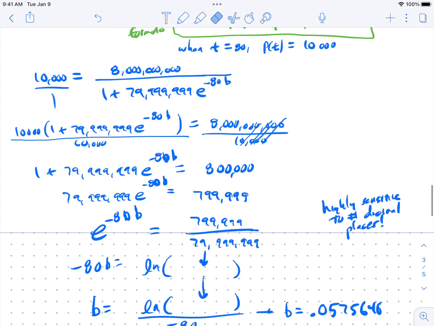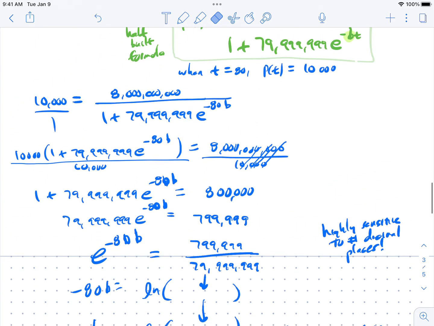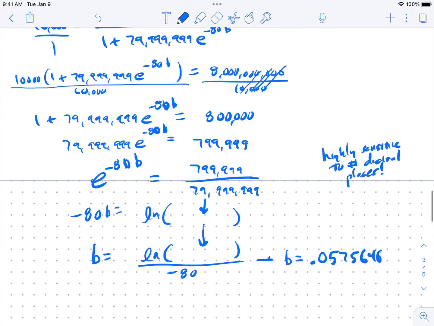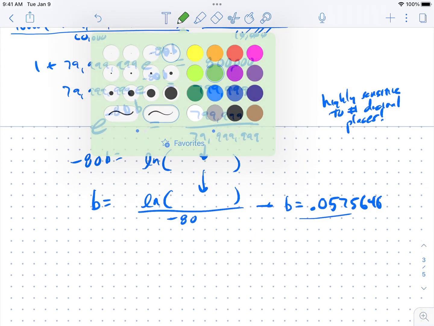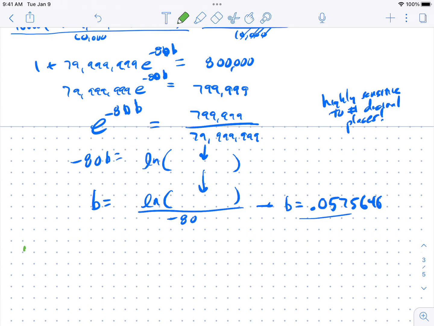What's that mean? That means we can finish our equation now, because now we know what the B equals. The B equals this. So our finished equation, let's go back to green. So our finished equation